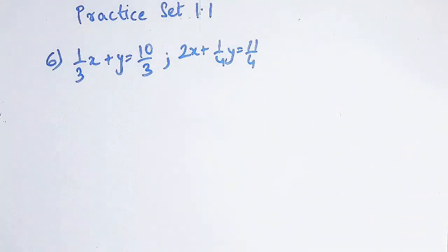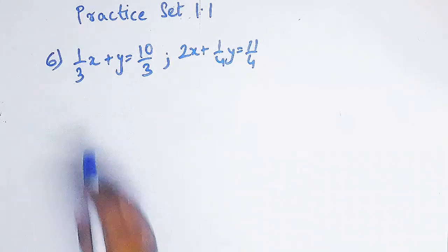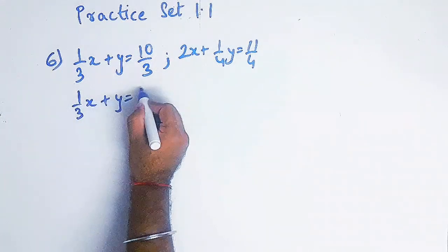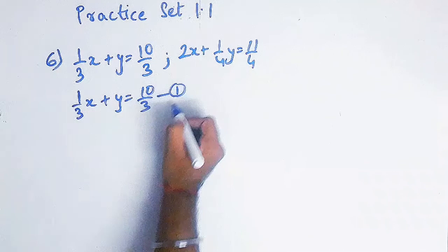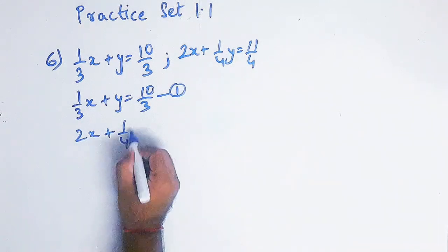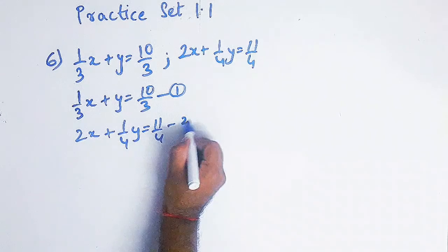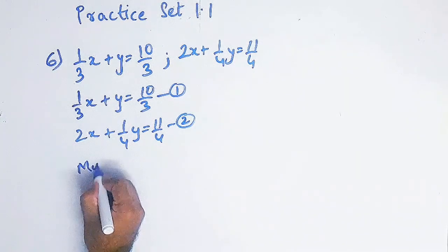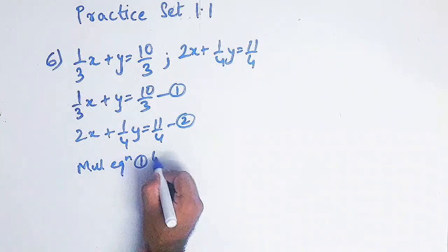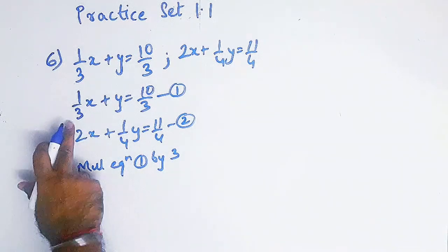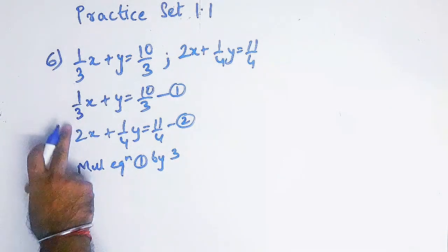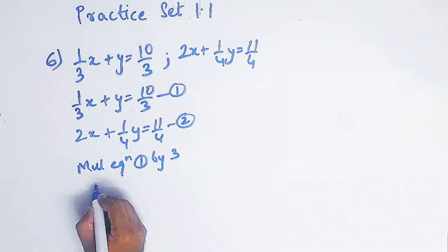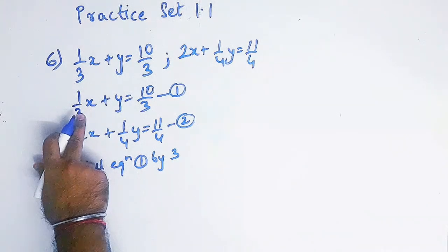Okay, we are doing sum number 6, where you can see the first equation has denominator 3. So what we'll do is, we'll first try to eliminate the denominator, to cancel that denominator. I don't want 3 as denominator, so I have to multiply the whole equation by the same denominator. If I multiply this by 3, look carefully children, 3 will get cancelled. What remains is x.